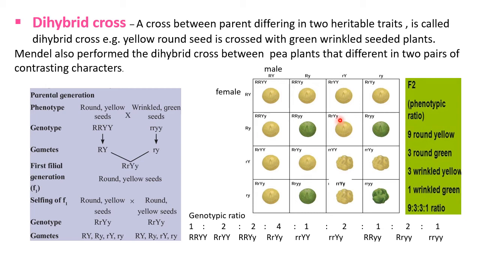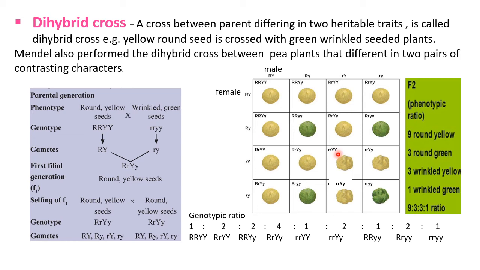Here we see one combination, then here it is first, then second, then third, and this one is fourth. So it is in the ratio of 4. Then we see both small r and both capital Y. It is 1. Here we see such a combination, both small r and both capital Y.